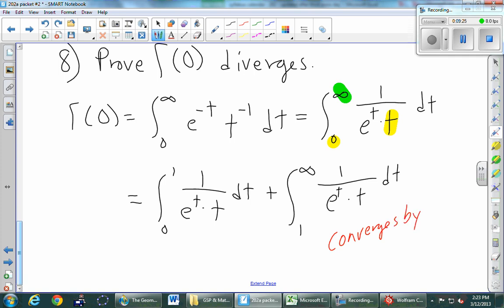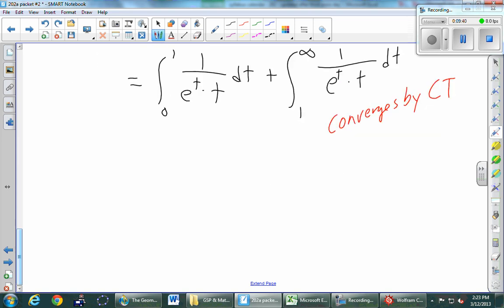So you can go through the details of the comparison test, but that second integral right there converges. So that's not the part that's going to help us. What that means is that what we have to show is that the first integral diverges. First integral is infinity. Okay, so looking at this first integral, I'm thinking about it, and I see a 1 over t. So if I just think about comparing to the integral of 1 over t, dt between 0 and 1,